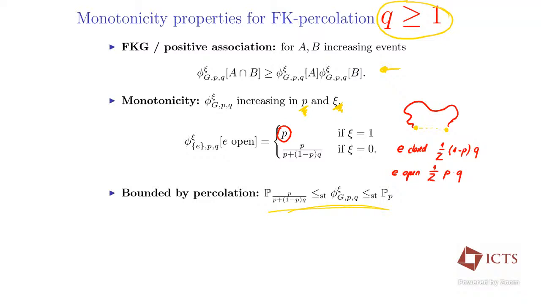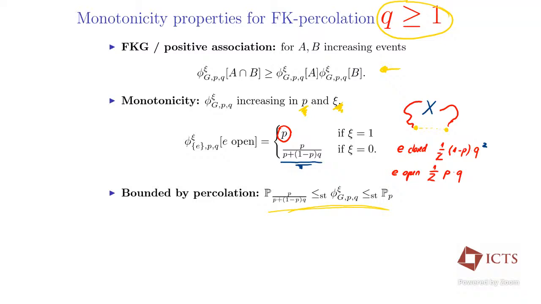Okay? But this is not the only thing you can do with this graph that is a single line. What you can also do is consider the graph with free boundary conditions, so where the two vertices are not connected together. You do the same computation, and what you notice is that there's a slight change. Namely, if the edge is closed, then now the graph has two connected components, so you should have a q squared here. Whereas if the edge is open, there is a single connected component. And so this gives you this different formula